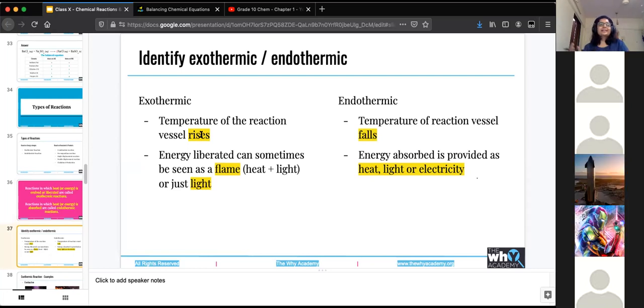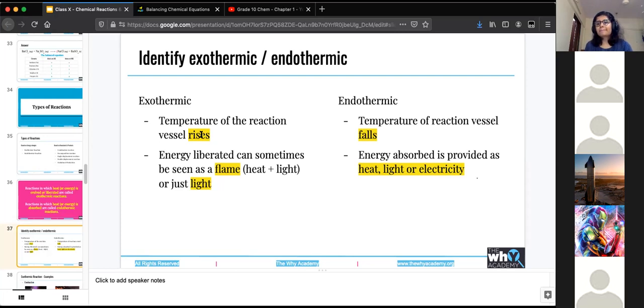Just separate out gas and temperature, both. Gas can be liberated without changes in temperature also. If the vessel starts feeling hot, temperature rises only if heat energy is given out. And heat energy can be given out without gases forming also. Just separate both of them. Temperature rises because energy is given out.